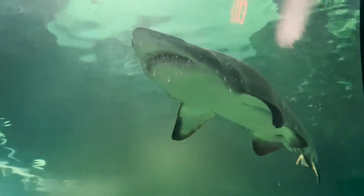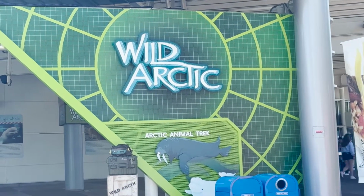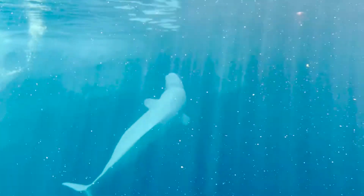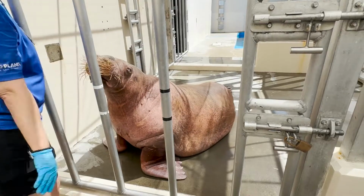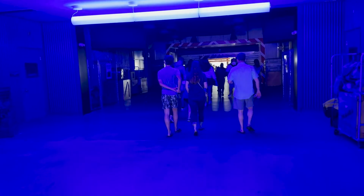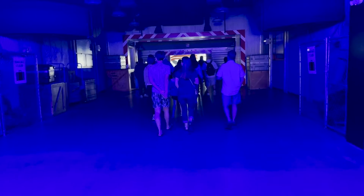To start our journey, we'll be heading to Wild Arctic, which opened in 1997. This area only has 3 animals, but there's still a lot to see in an area dedicated to the top of the world. On top of that, we will also go behind the scenes to meet a new friend. Let's begin. Wild Arctic is located to the right of Penguin Encounter, and the first animals you might see are